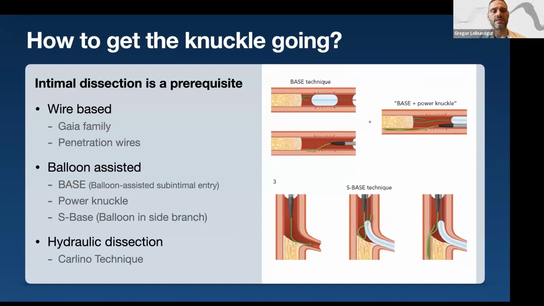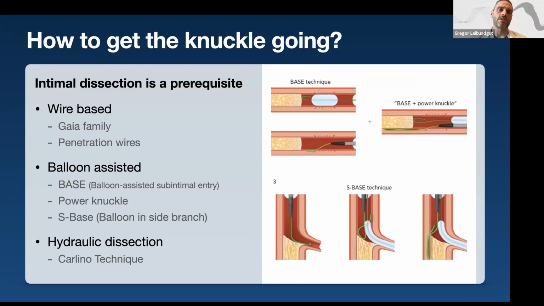You can do it balloon-assisted with an oversized balloon, basically a base, power knuckle, S-base if there is a side branch. So any means that brings your wire into subintimal space. You can also do that hydraulically, of course, with the Carlino technique. And once you're in the space,